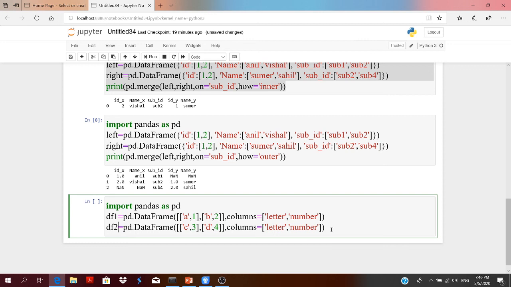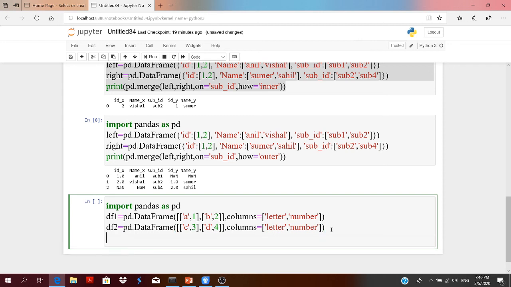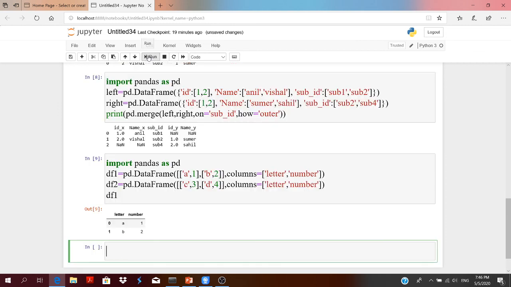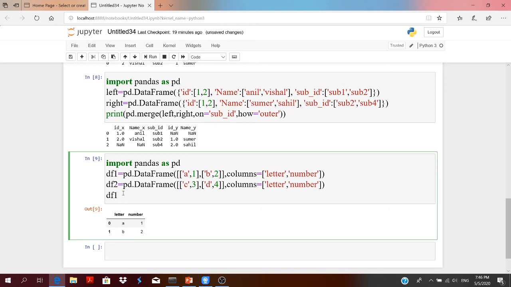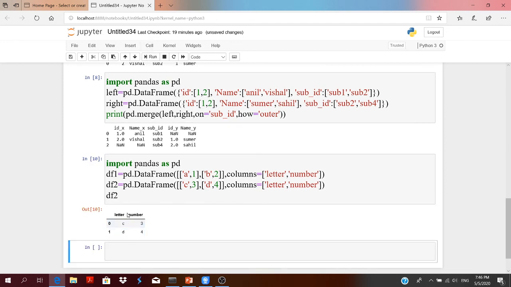Now first let us see what is data frame 1 and data frame 2. Data frame 1 has letter, number and two rows with index values 0, 1, A 1, B 2. Now see what is df2. df2 is also a data frame having the same columns, letter, number, 0, 1, C 3, D 4.